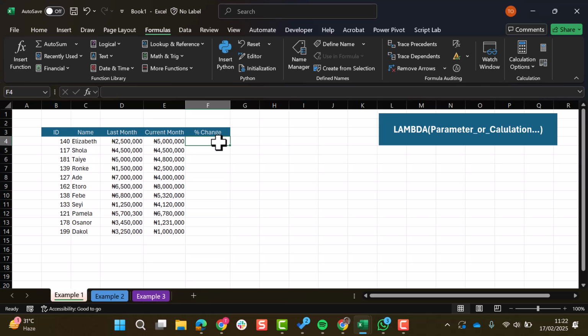So I'm going to start by exploring what the LAMBDA function is. Towards the right of my screen, you can see the syntax of the LAMBDA function. It says LAMBDA, parameter, or calculation. So you are required to declare a parameter or a variable, as the case may be, and then call up a calculation also. So imagine I have this table with last month's sale and current month sale, and I need